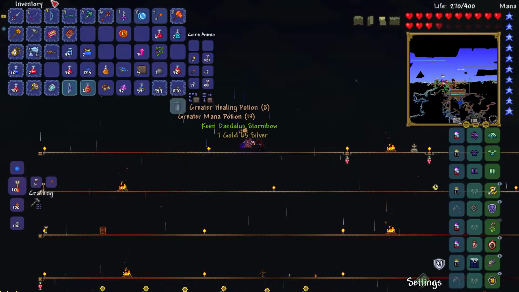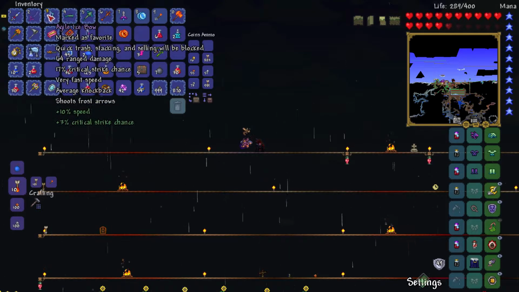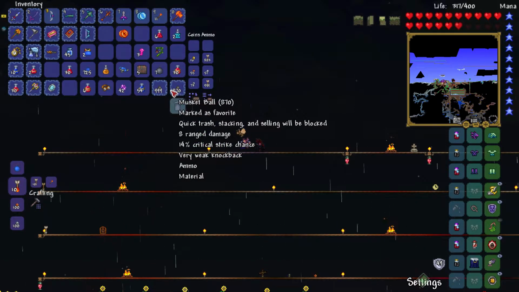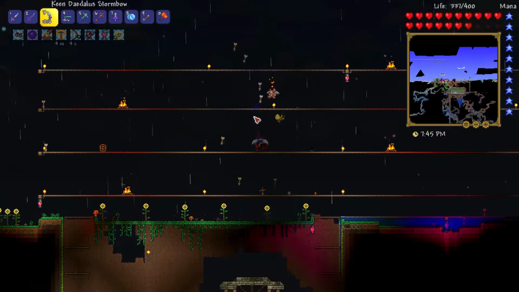Lovely! Keen Daedalus Stormbow. I'm just so happy to see that. Right. 60 range damage, 64 range damage. You see what I mean? 60 range damage. Well, I know. Well, the difference between this is... I don't know if you can see that, but...